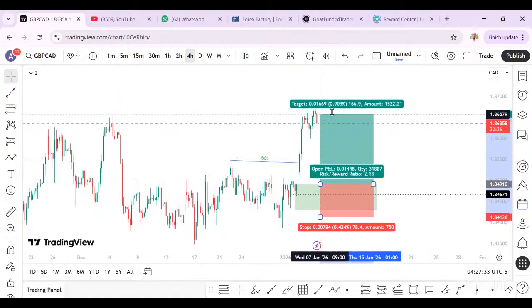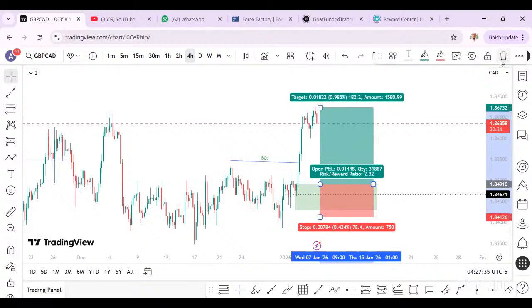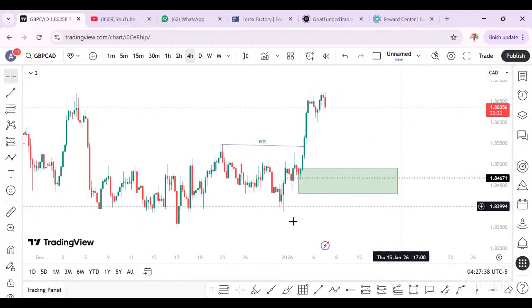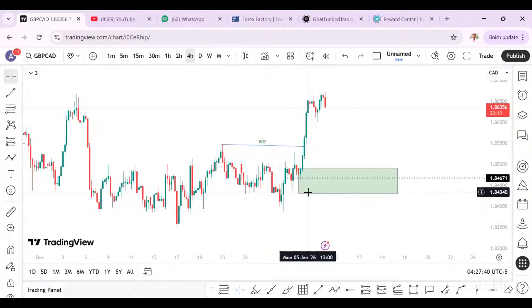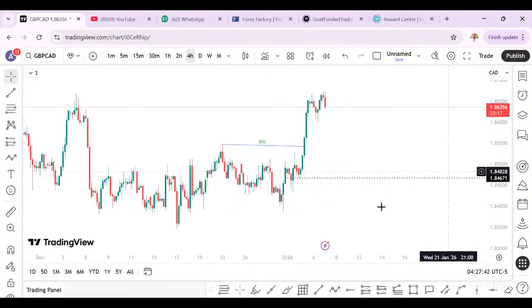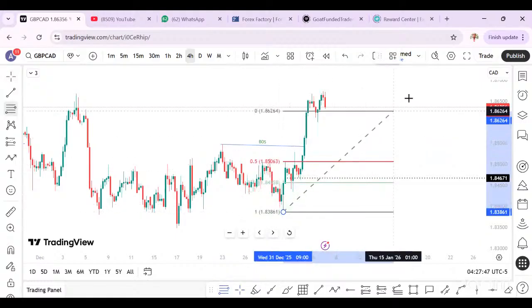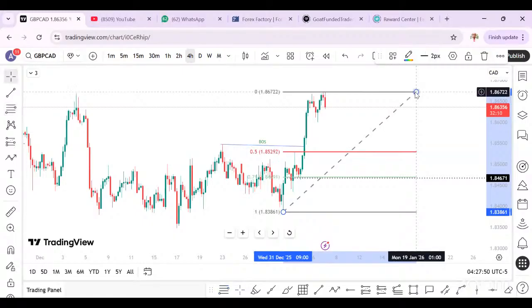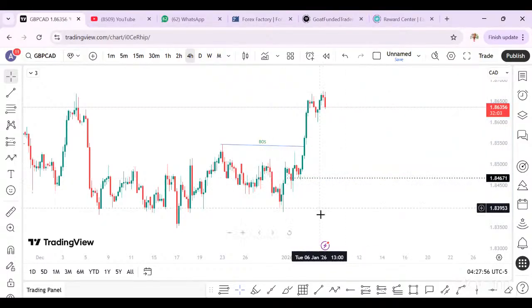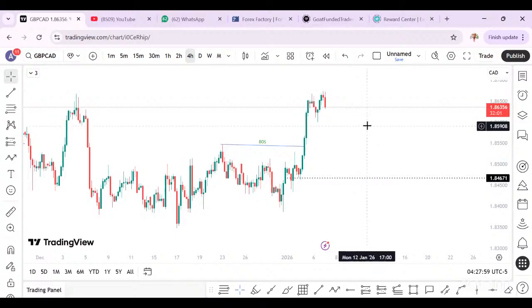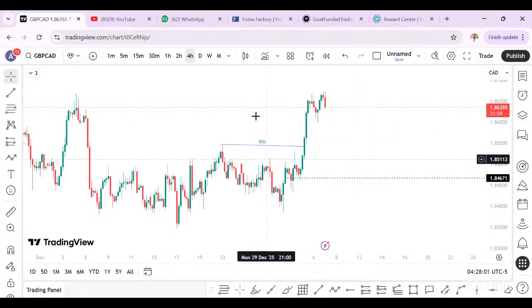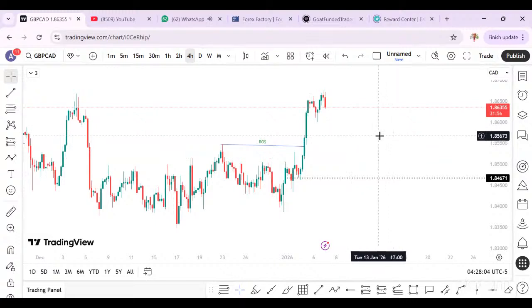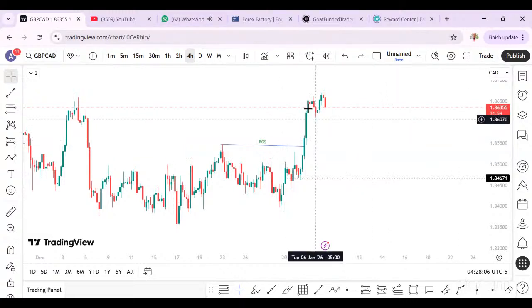But for this, I will advise you do a confirmation entry. Why? Because this is the low. If I want to confirm this using Fibo, this is the swing low towards the swing high. So here will be my trade. That dotted line will be my entry, my stop loss will come below here, and my target. So I'm trading this. That is a good trade.